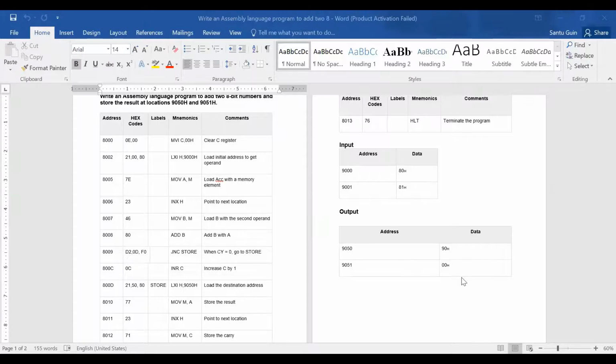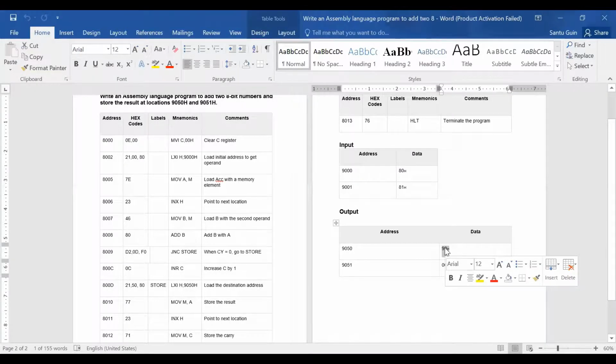Clear? And here the output is written wrong. It will be 0, 1. And this will be 0, 1.